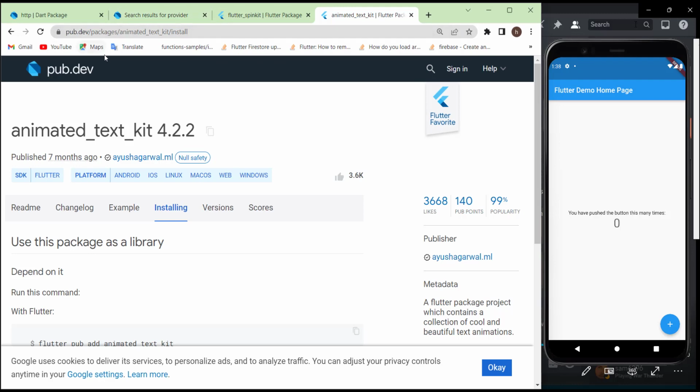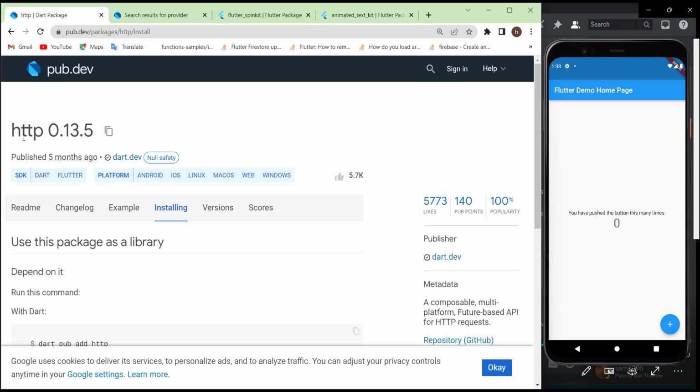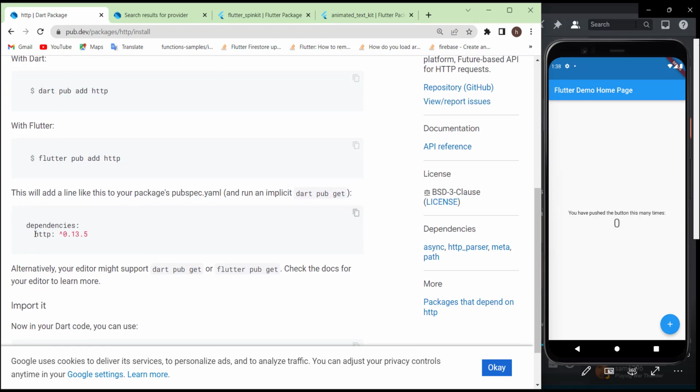Here I opened 4 tabs. Let's start from this package. So this is the HTTP package. Later on, we will be using it to make API requests. In order to install it, you press on this tab and scroll down a little bit and you copy here,